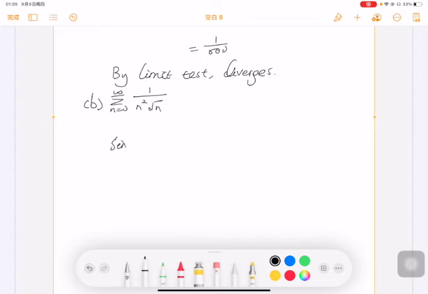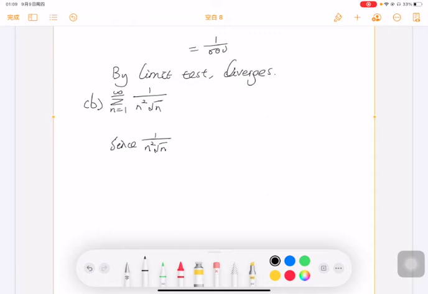Sorry, I just realized I made a mistake here. We want to start with n equals 1, because if you start with n equals 0, you get a zero denominator, and that's not good. So that's my mistake. What I meant to do was the sum from n equals 1